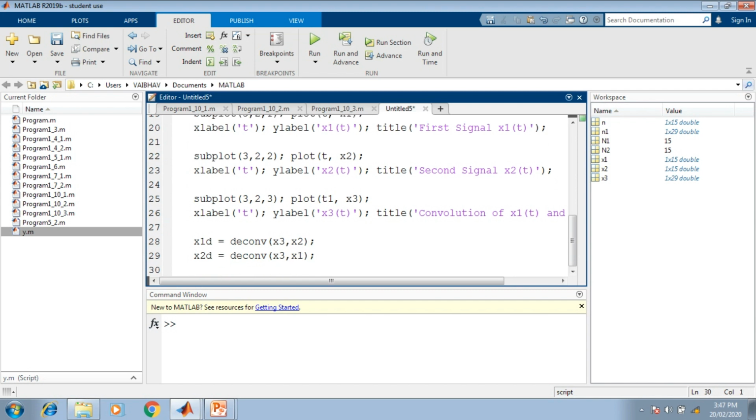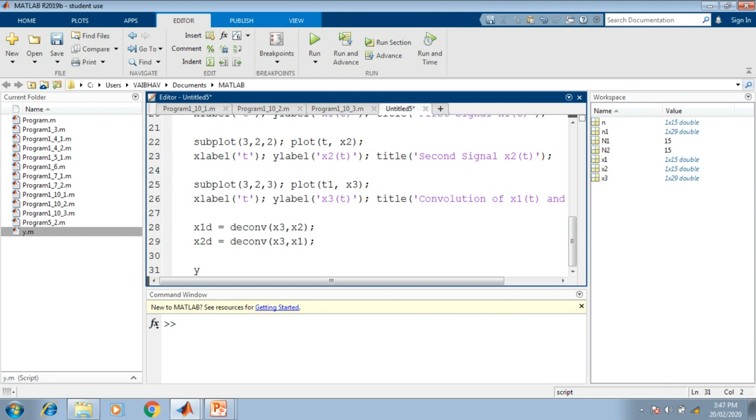So now for the plotting purpose we require the ranges onto the y-axis here. So I just define them. Y minimum can be the minimum of, here we specify the range, so it will be the minimum of, we have x1d after deconvolution, comma minimum of x2d.